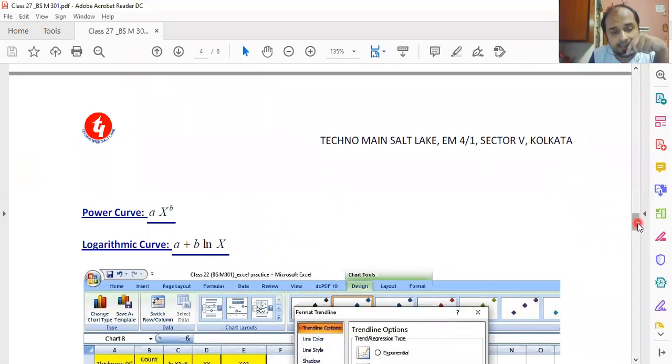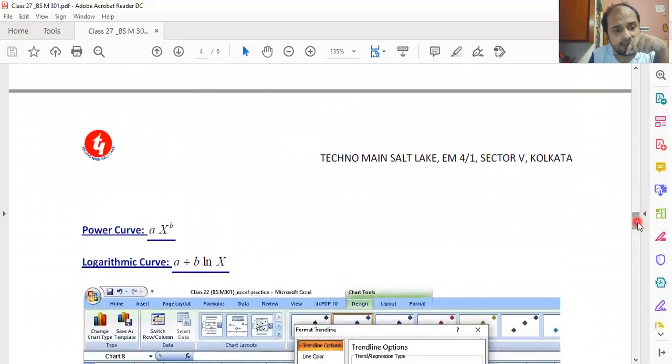At this juncture, you can ask me this question: why are you considering only the power curve and logarithmic curve? Why aren't you showing the logistic curve and Gompertz curve? There are two answers to the given question. First of all, showing curve fitting with many curves is beyond the scope of the syllabus. Time will not permit. Second point is that